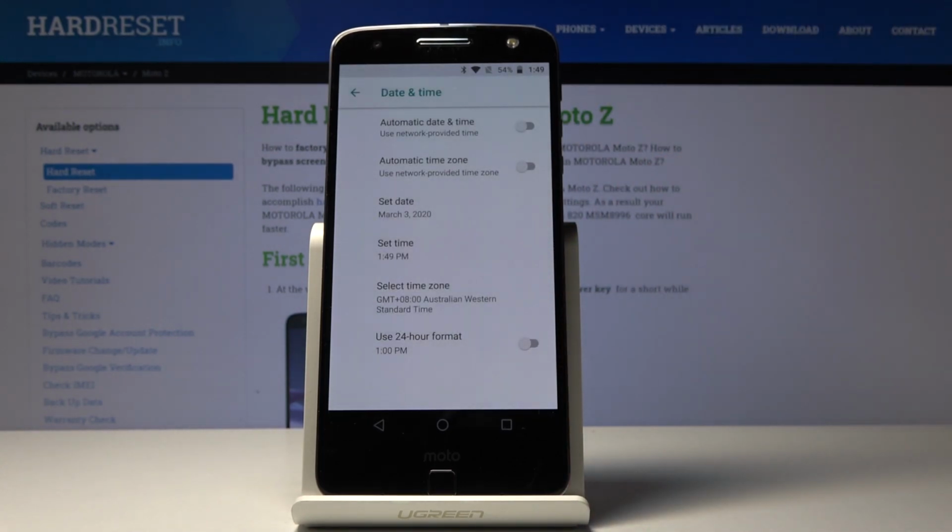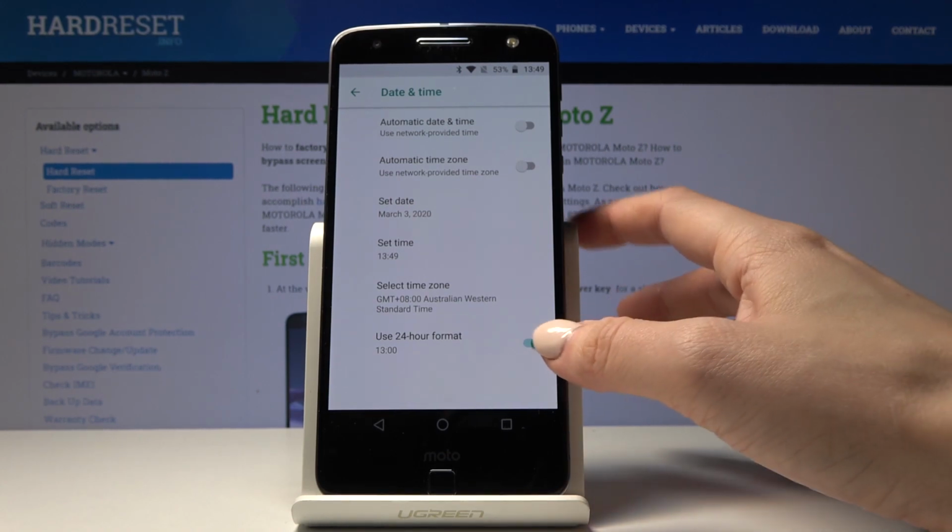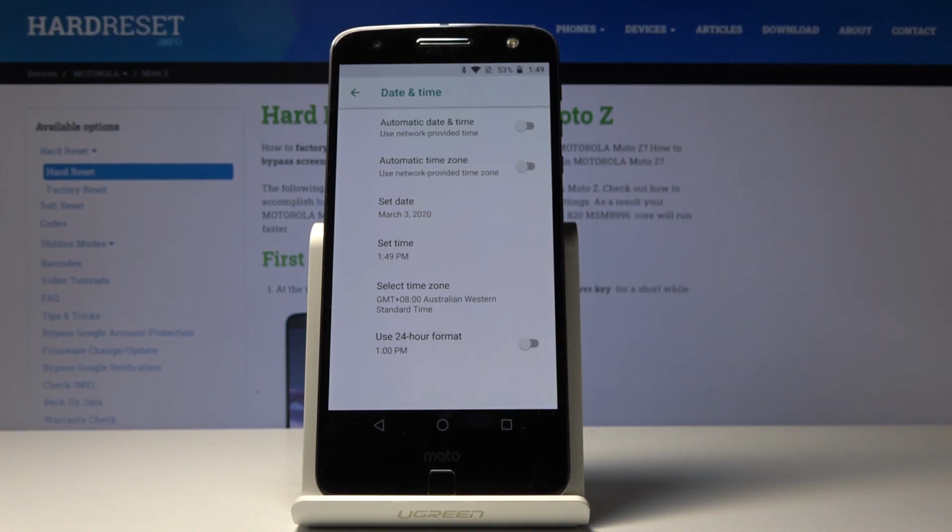And then you can also change the format of your clock, so you can use either 24-hour format clock. To do it, just click here, and now it's 24-hour format clock, or you can go back to 12-hour format clock. Just like that. And actually that would be all, so you can set up date and time in your